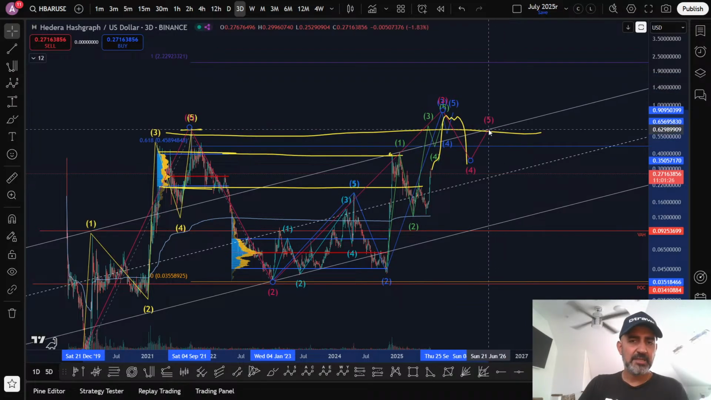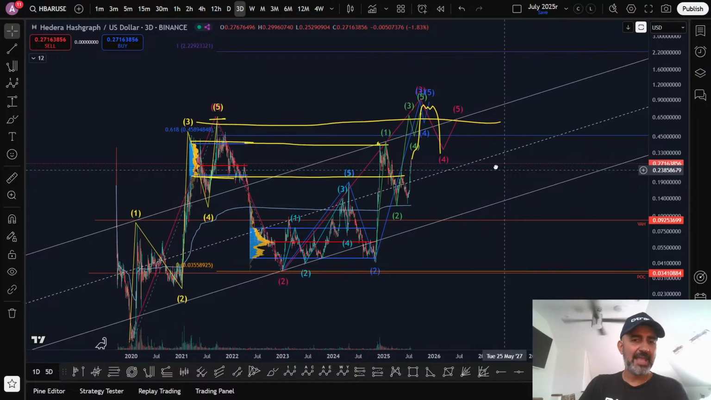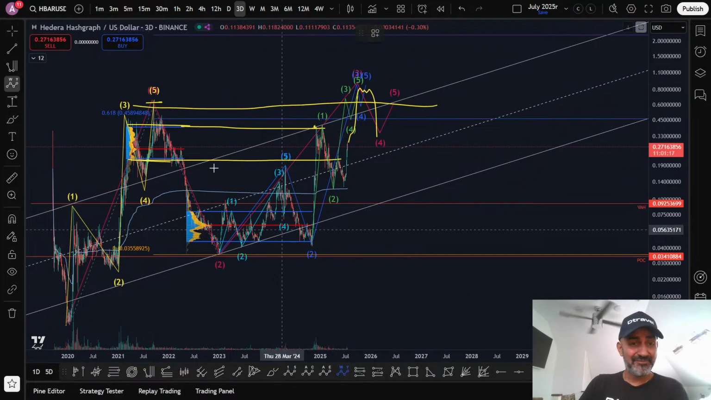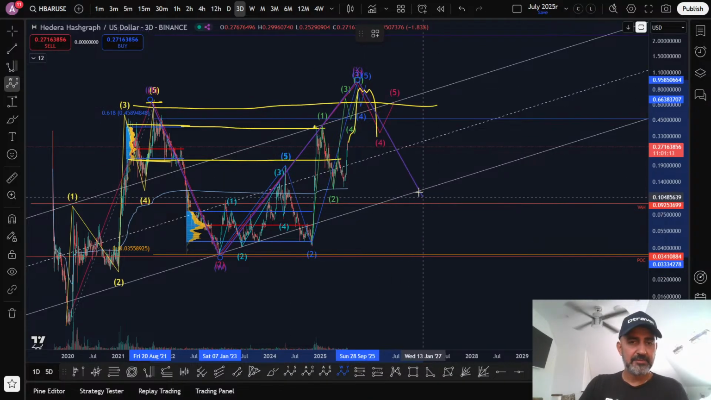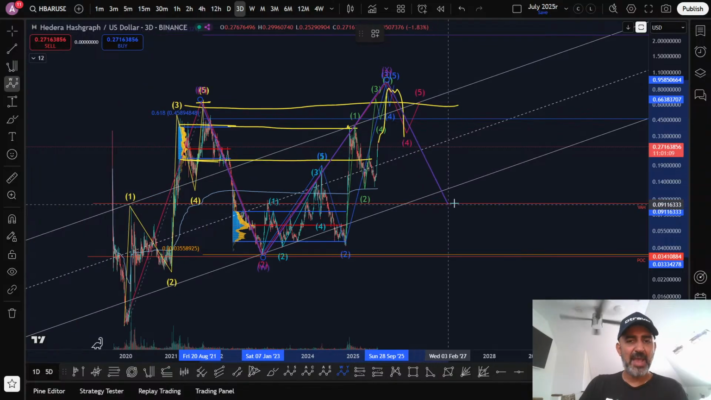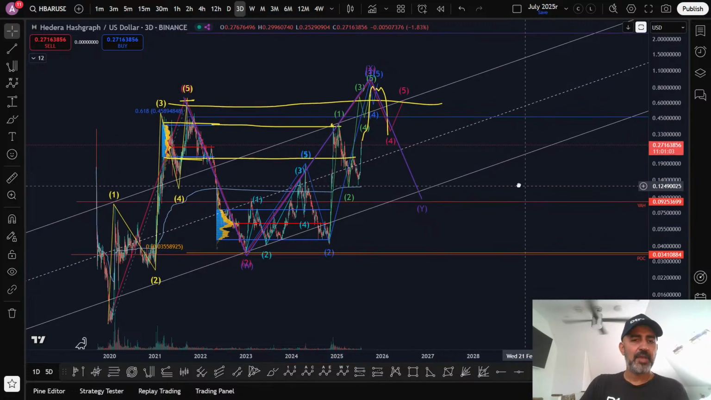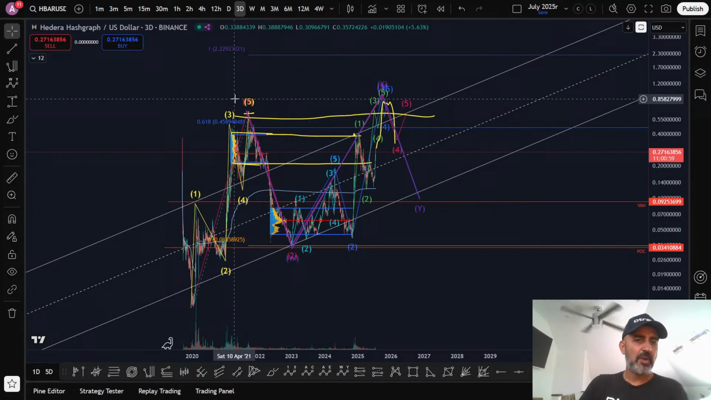And actually then what ends up happening is this whole move ends up being some kind of corrective WXY on a higher time frame. I honestly don't want to say it's going to happen because I don't know, but for me that's a much more likely scenario, and you get a higher time frame backtest of this original value area here in a bear market. And so what you're ending up with is the original 5 waves,